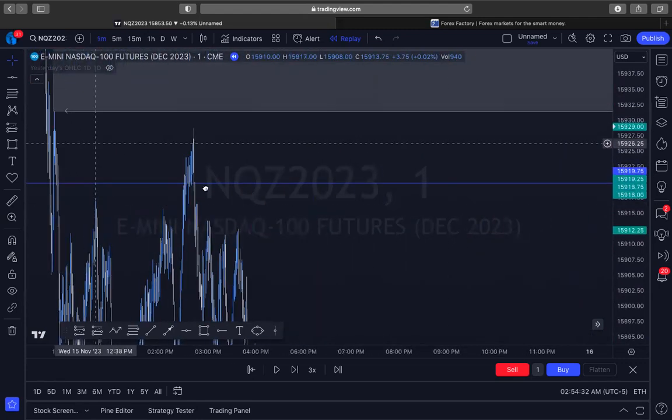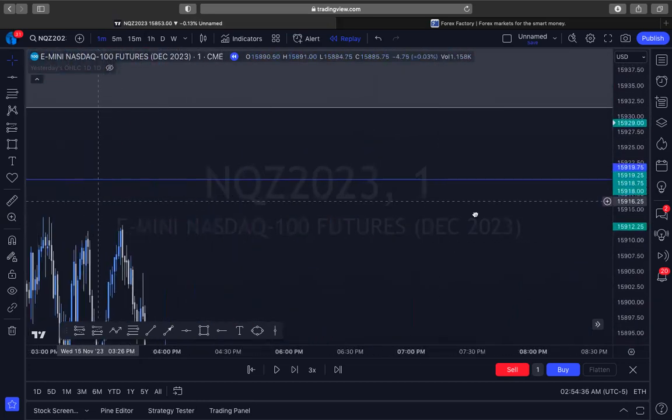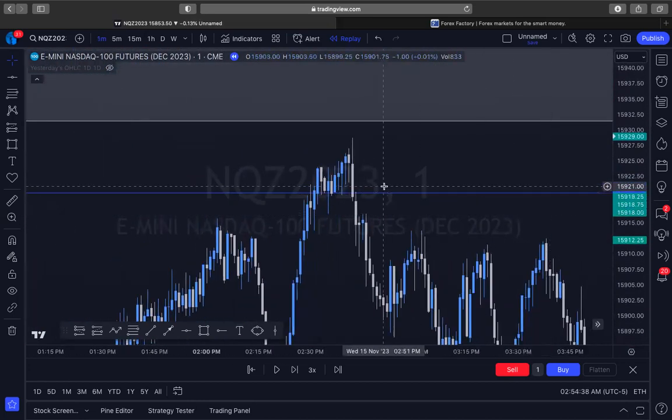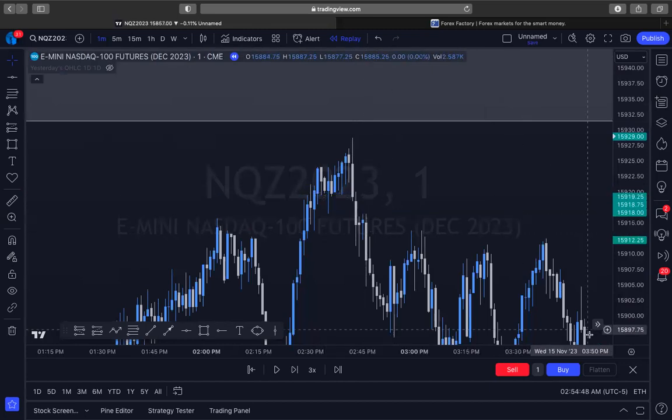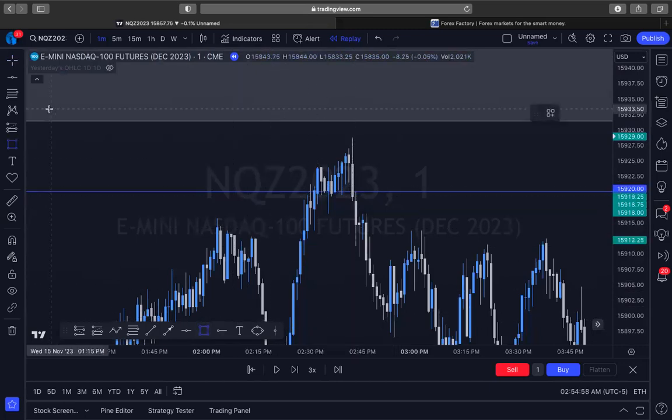So maybe it didn't tap into this volume imbalance, but if you see here on the 1 minute time frame, you can clearly see that it tapped into some sort of fair value gap from previous days, right? So that right there, moving forward, let me go ahead and place that again so you guys can take a look at what I'm talking about. So if you look at this fair value gap, right? Let me go ahead and place another one of these lines.